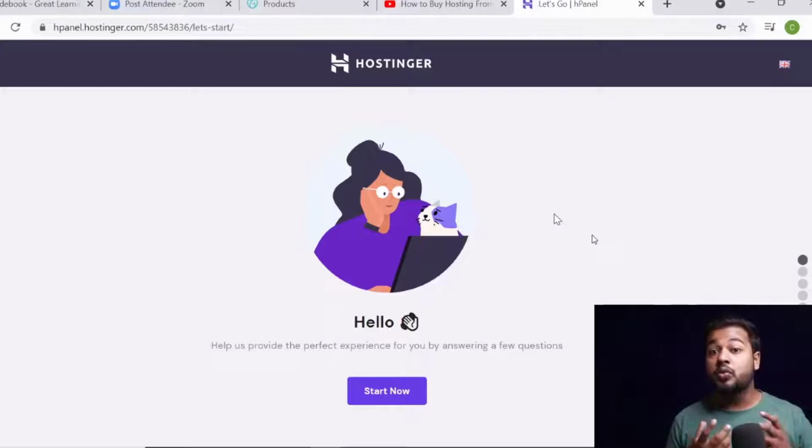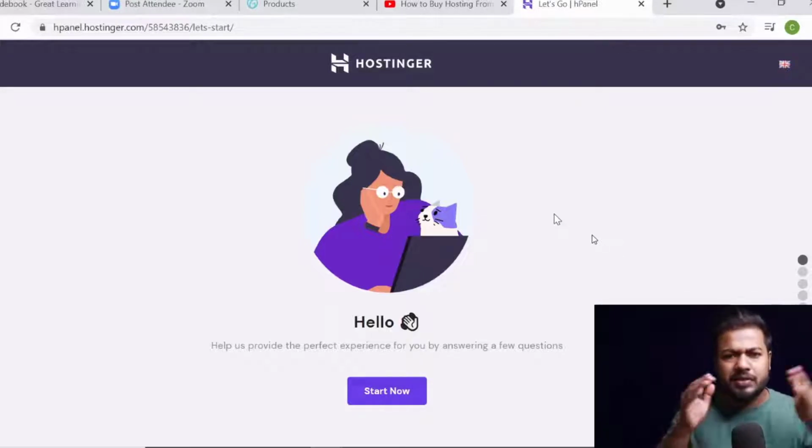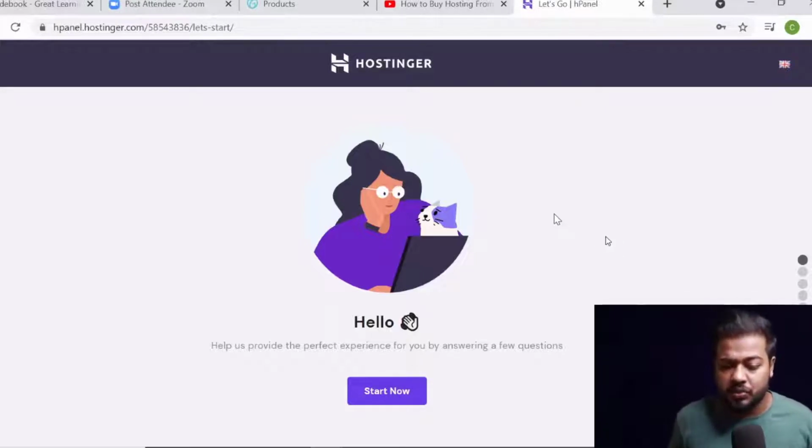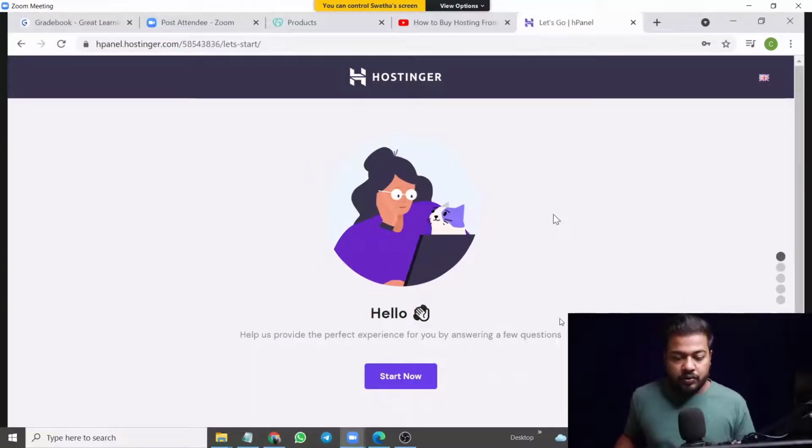As I told you while we were working on GoDaddy, we need to work on DNS, the domain name server. So now let's go ahead with Hostinger and see what is inside Hostinger and what things we need to do here. Shweta has set up a very basic thing: she has put the password for the account, she just made the payment, and now we are at this place. Now here we go with the start now. So we are going to start it.